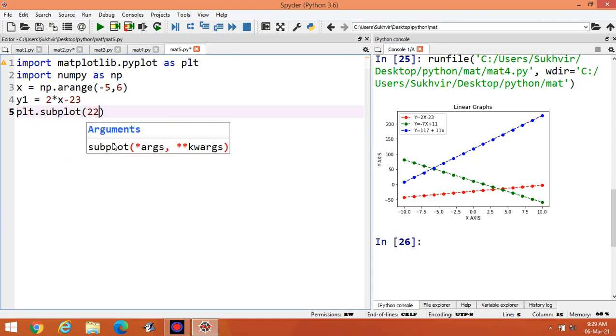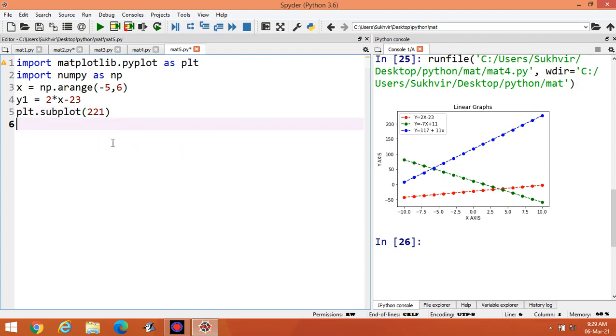Suppose I am writing 2, 2, 1. Now, what is the meaning of this? The first two numbers represent the order of the matrix, 2 rows and 2 columns. It means 4 positions are there, and I am going to design the graph at the first position. This one is the position number, this one is the row, and this one is the column.